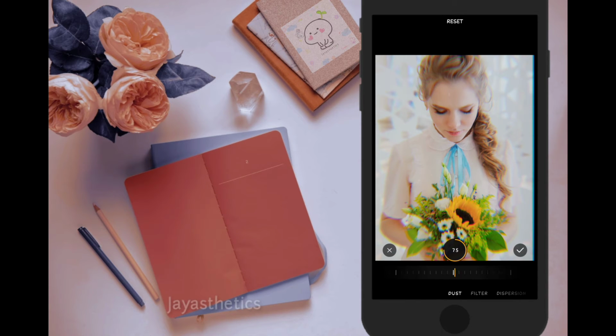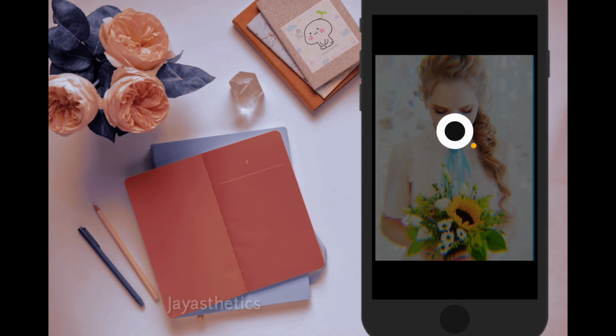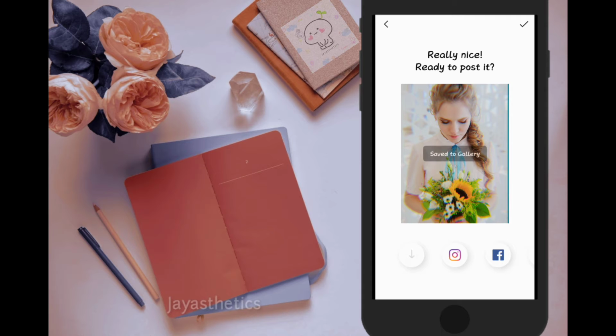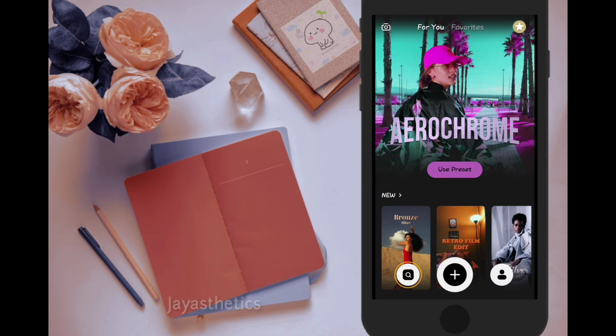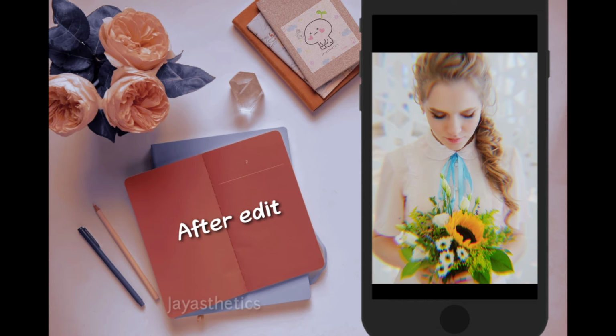There are also silver, gold, bronze filters provided here. Now I am just saving this photograph to gallery. And now see the changes, original and edited.